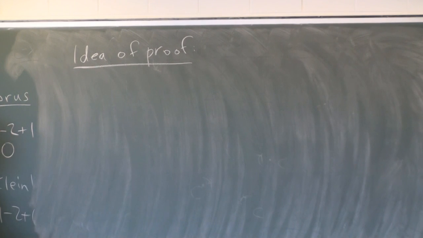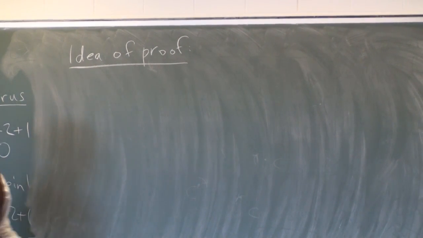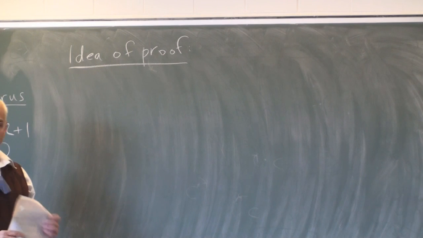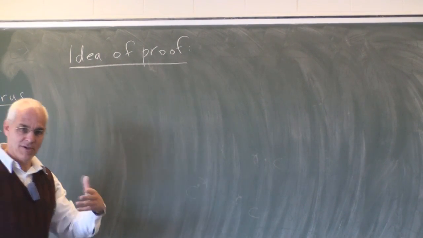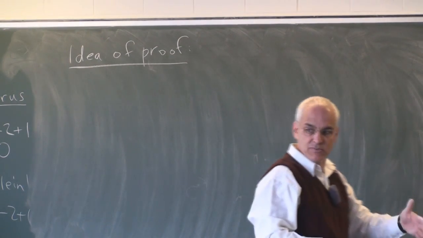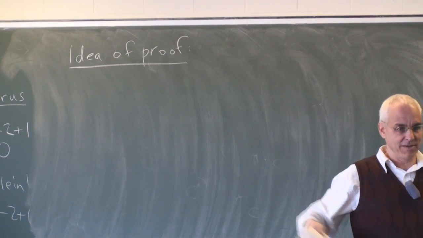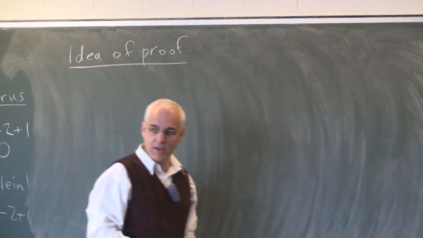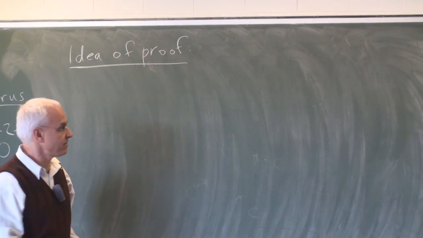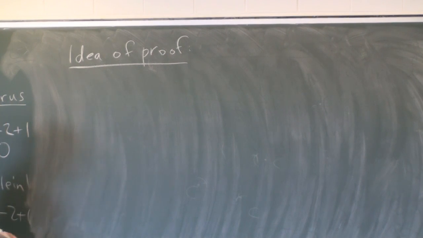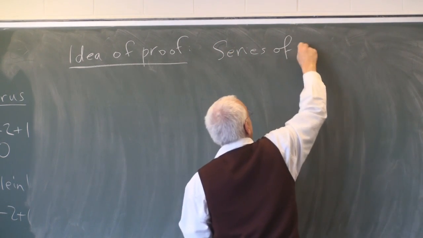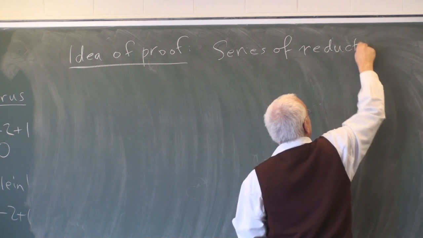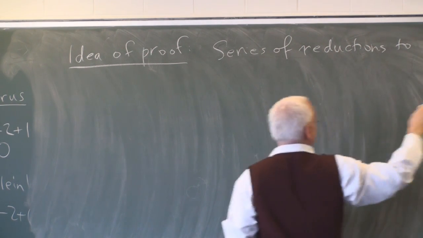This is perhaps one of the first real proofs that undergraduates can meet, where there's actually an argument. The argument is not that hard. Every step is reasonably coherent and logical, but we have to go through a certain number of steps and look at it carefully. And it's rather interesting and very pleasant, I think. So the idea is we're going to have a series of reductions to this normal form.